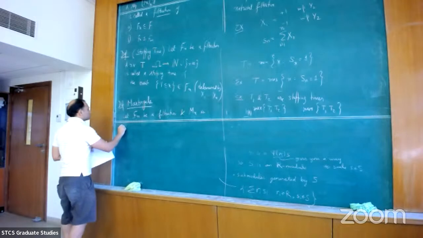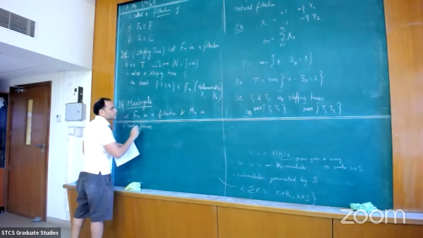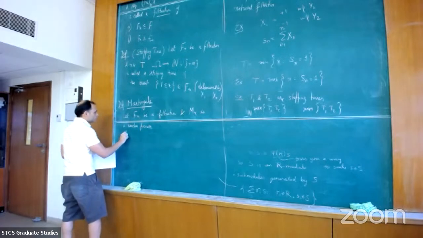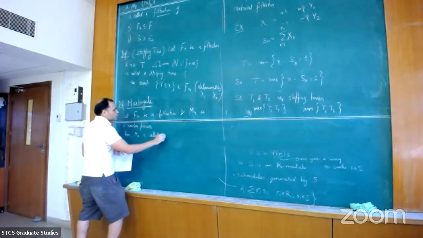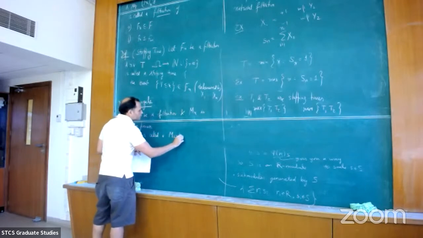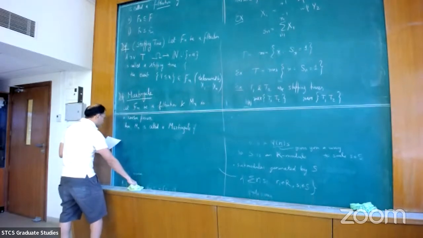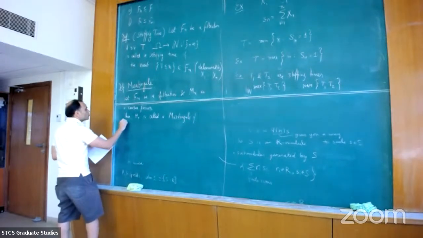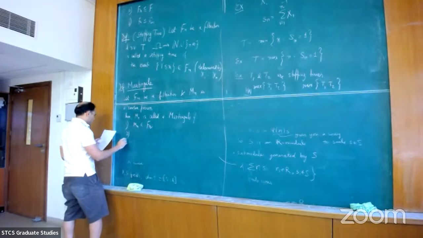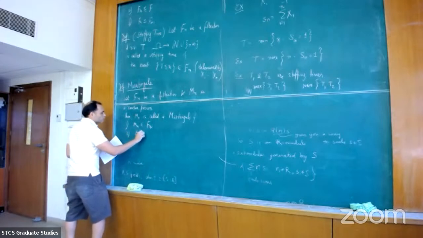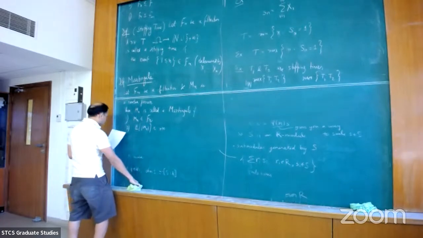These are random processes. Then Mn is called a martingale if, one, Mn belongs to the filtration, and two, the expected value of the modulus of Mn is less than plus infinity, and the punchline: